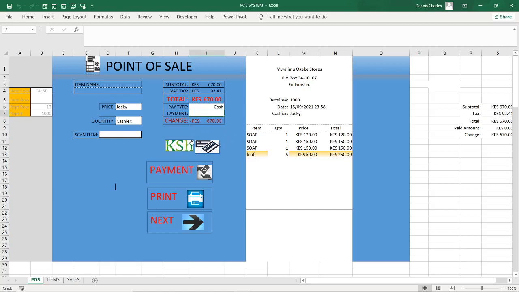If it's using cash, then you need now payment. You need to say how much he is paying. Maybe he has given out 1,000. You press enter, you will see the change is 330 shillings that you are supposed to give as change. And therefore, if I click print,